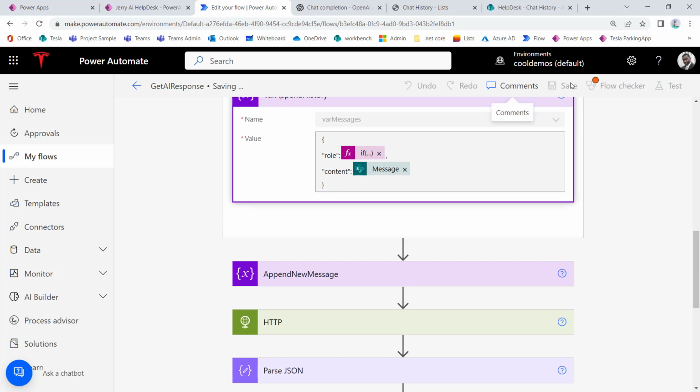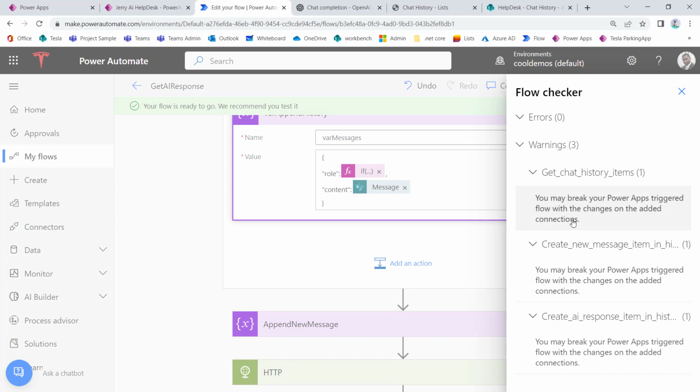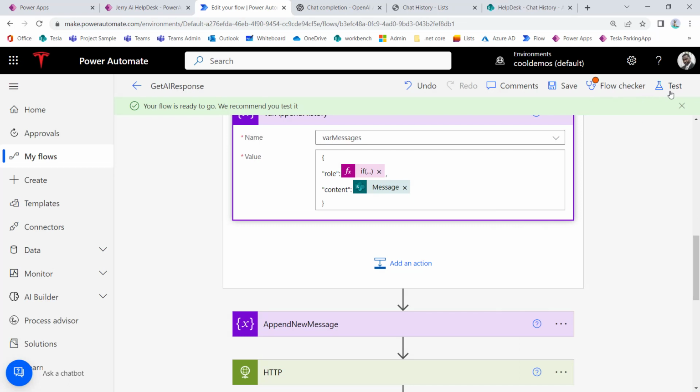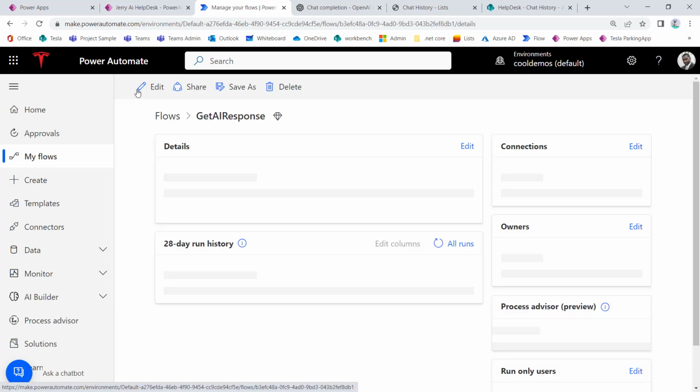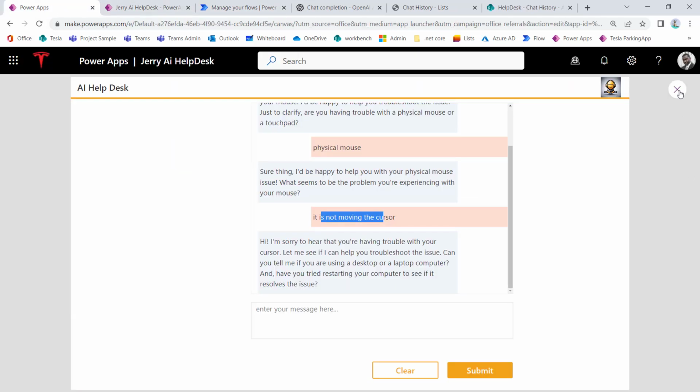Save this again. Hopefully the red dot goes away. We still have a red dot. Why do we have a red dot? You may break your Power Apps trigger flow with changes needed. That's a warning. Okay, we got all warnings, so that's fine. So now let's go ahead and test this out. All right, and go back to Power Apps. And again, I didn't change the signature on this, so I should be able to